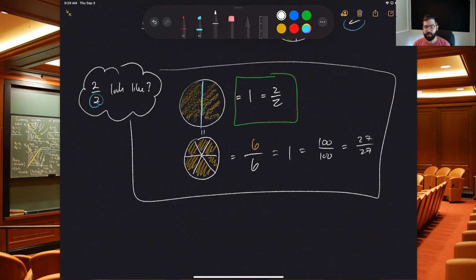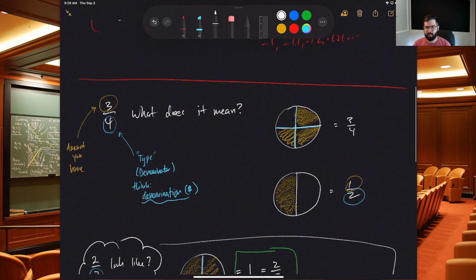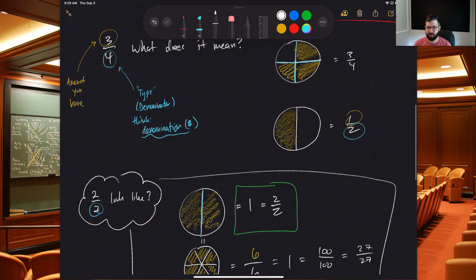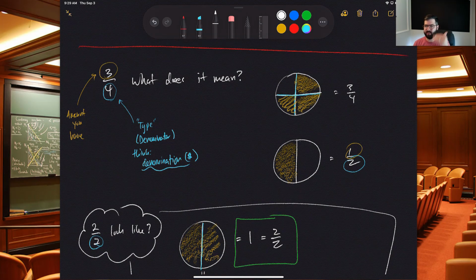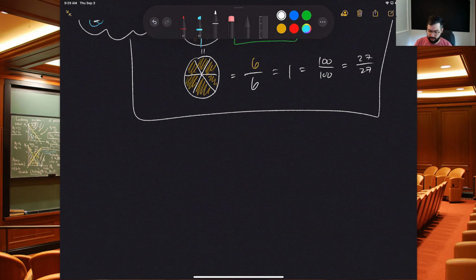Okay, so what does this mean? Well, we've talked about what a fraction represents. It represents parts to whole, and we're starting to see some different things that can happen. So when the top number is less than the bottom, we know that we're talking about some number that's less than 1 whole. We can also have it be the case that if I had